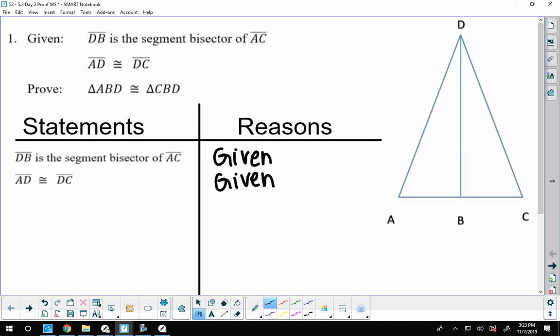Now you always want to make sure that you mark down your givens in the picture. So segment AD is congruent to segment DC. We'll mark that in our picture. And then